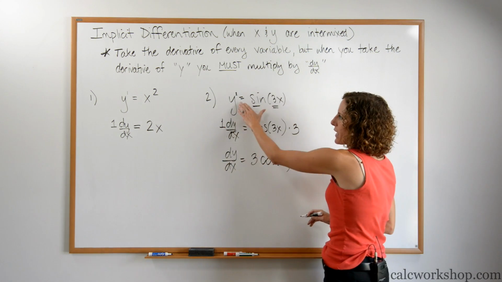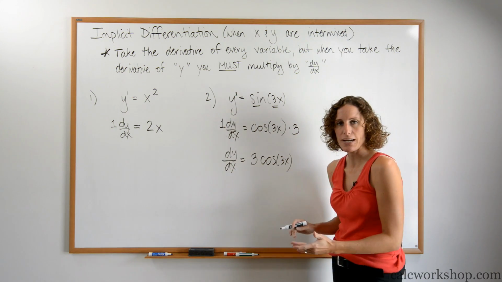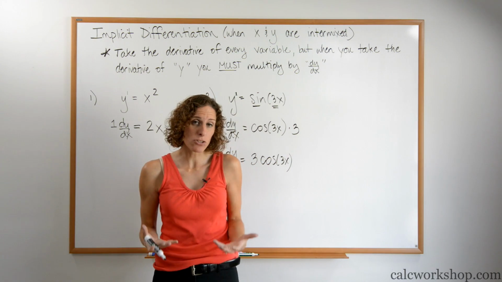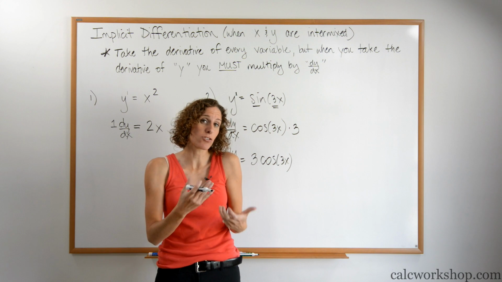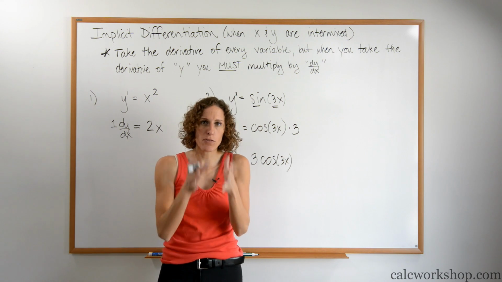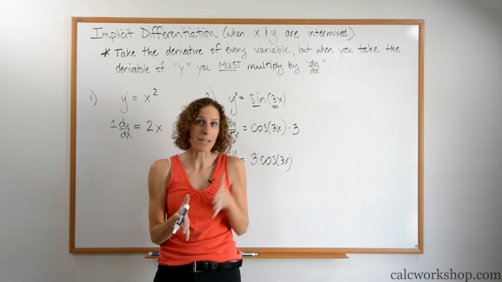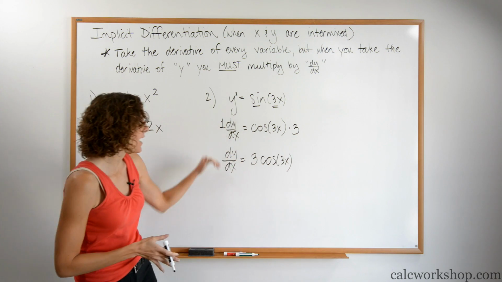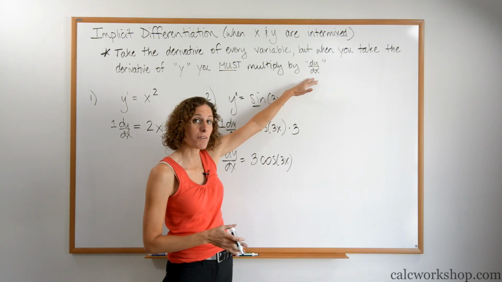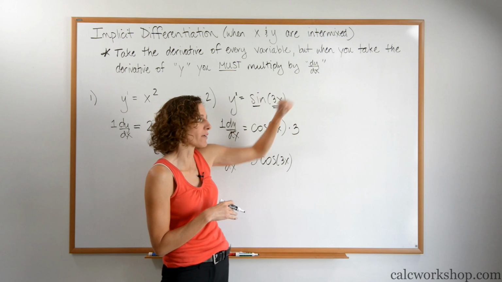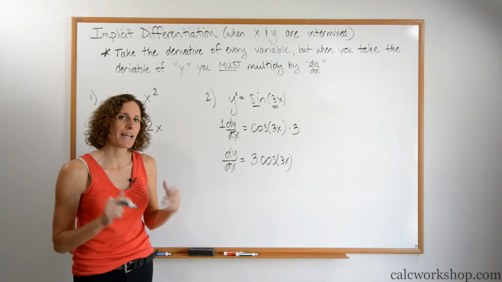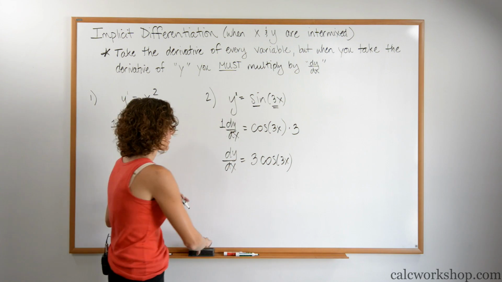We're just so used to saying that y turns into dy dx. That's because when you take the derivative of y, you're actually taking the derivative of that variable. The derivative of y is just 1 times dy dx, because you have to make sure you specify that you took the derivative of a y variable with respect to an x variable. So what happens when x and y's are intermixed? Here we go.